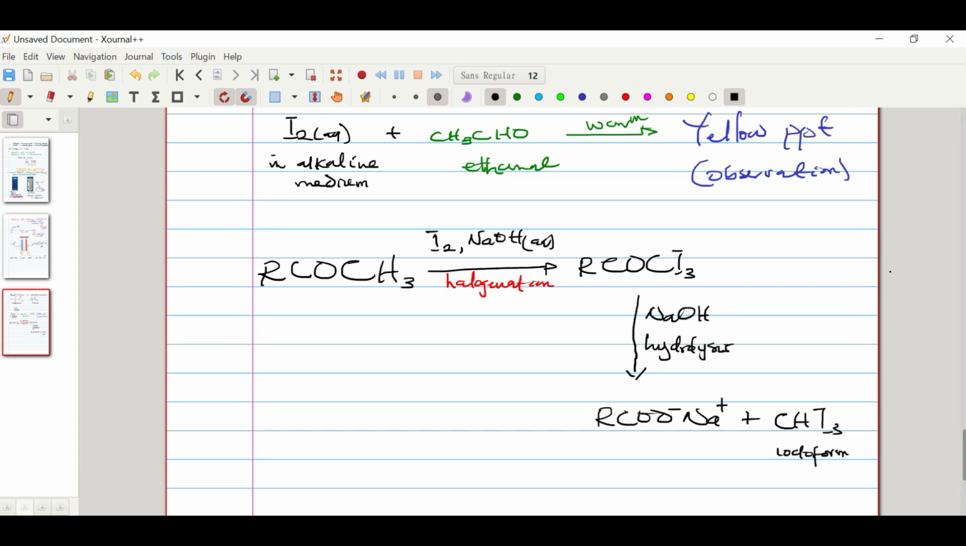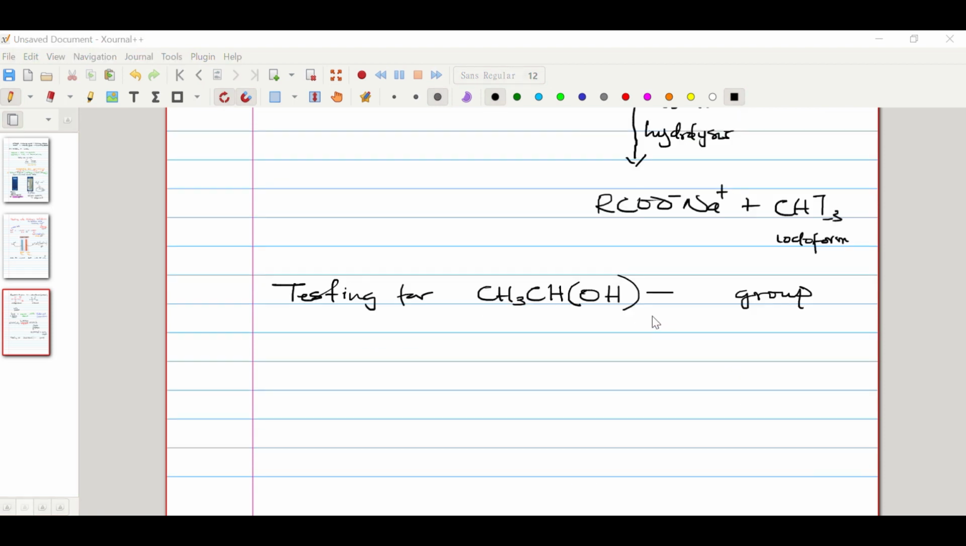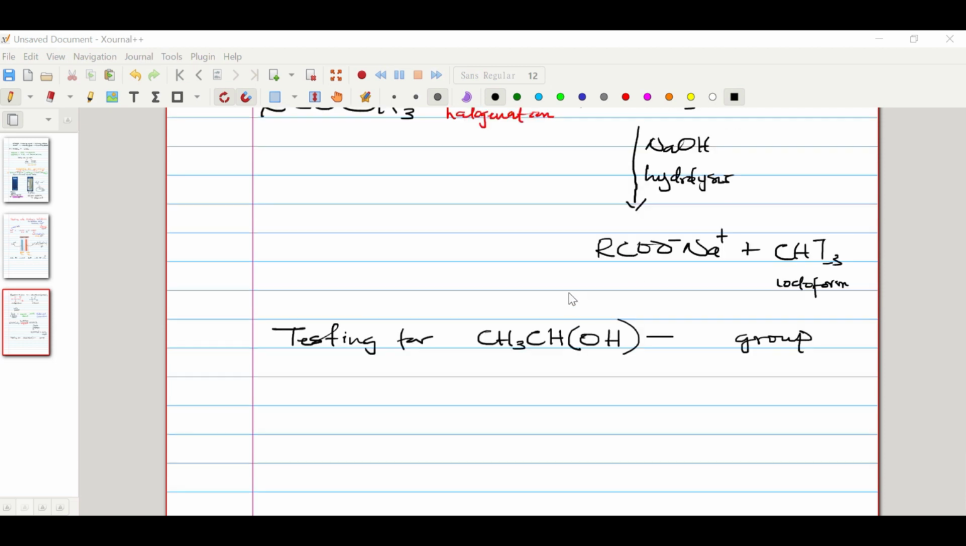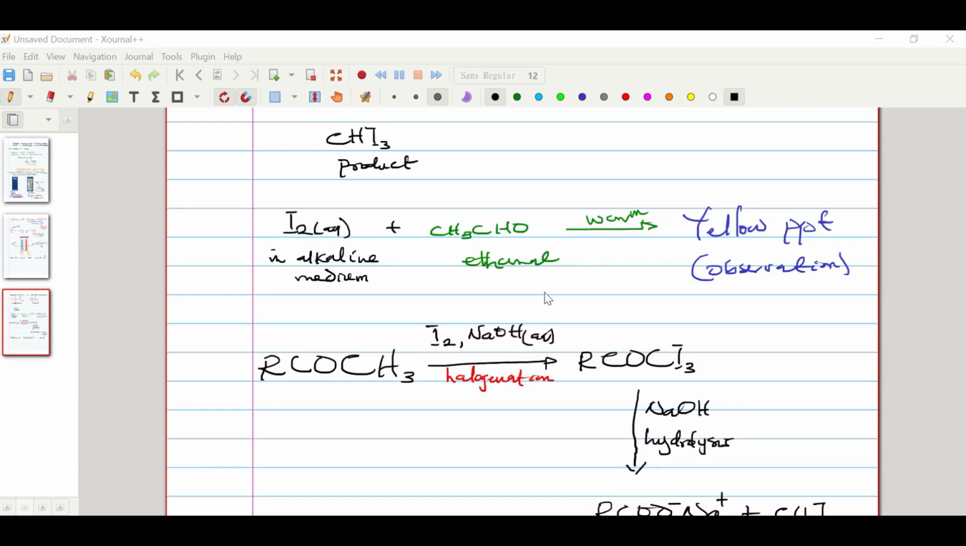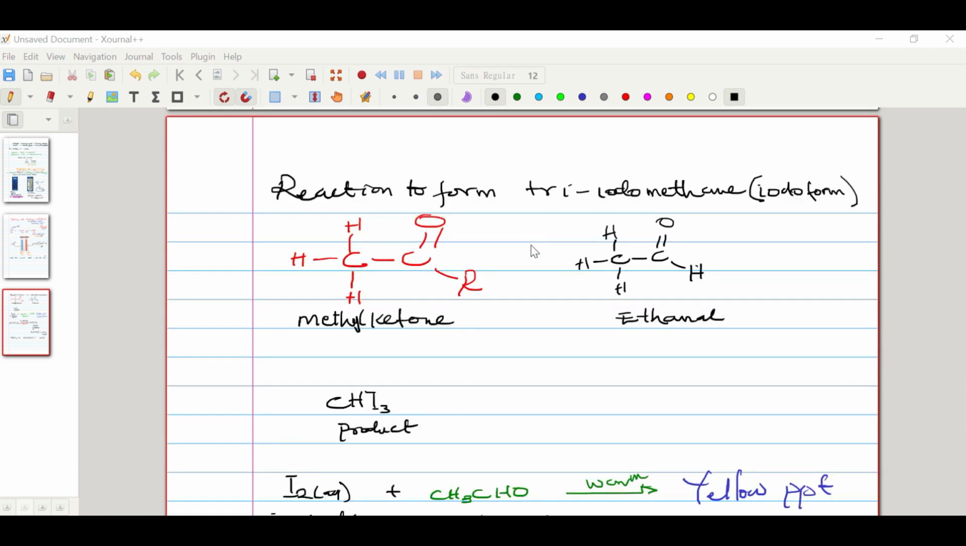So that is how the reaction happens. It's a two-step reaction. Step one is halogenation. Step two is hydrolysis. So we said earlier that we can use the iodoform test. This iodoform test, we can use it to test for